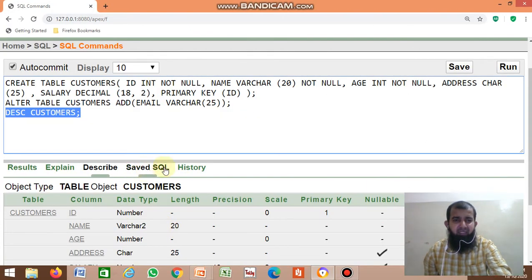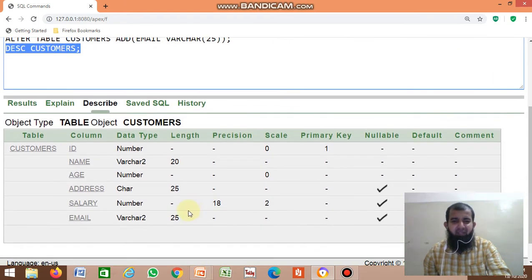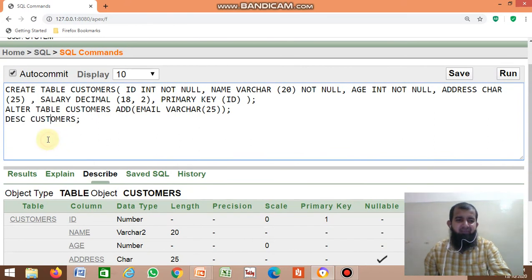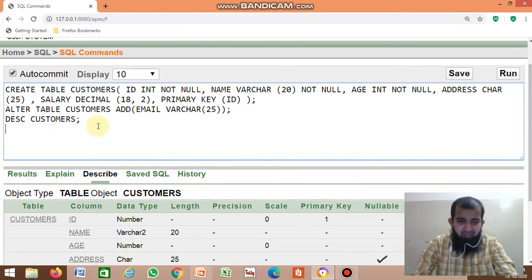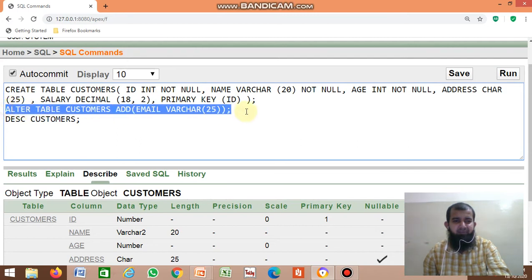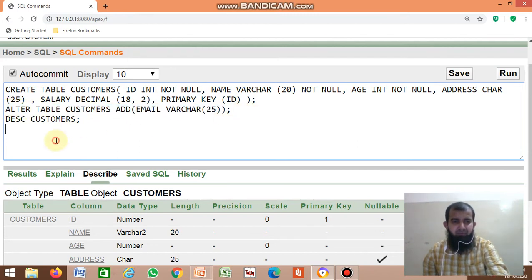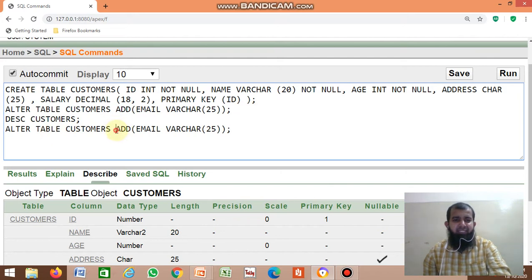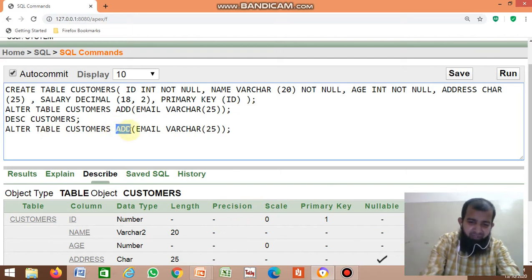See, for example, here the size of the email is 25. I want 30 instead of 25, so you can change it by using the alter command. Instead of add, write modify.